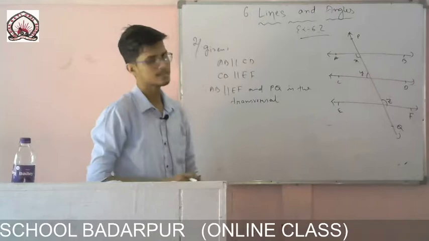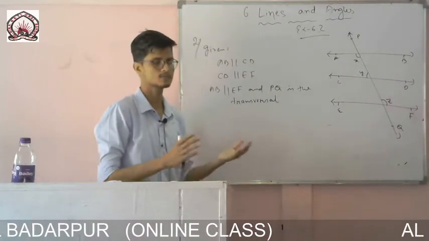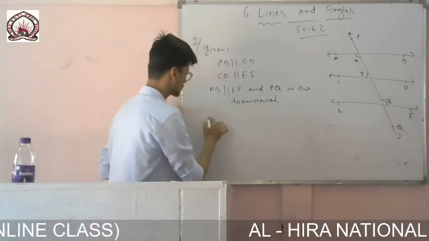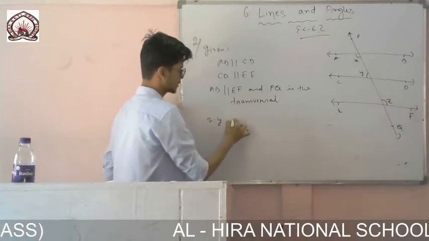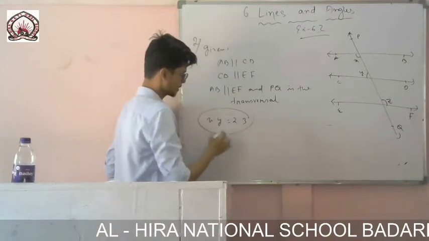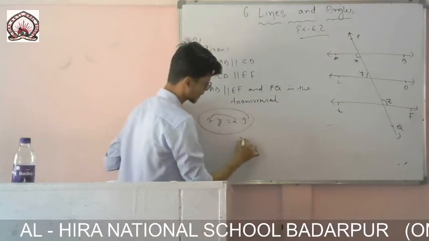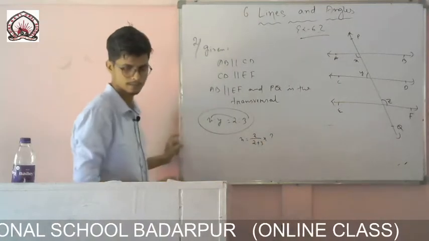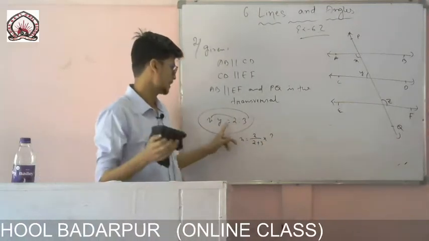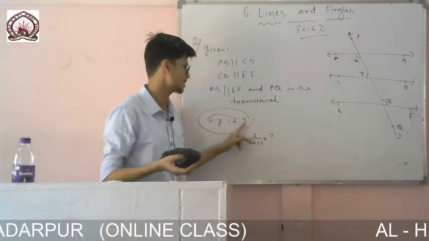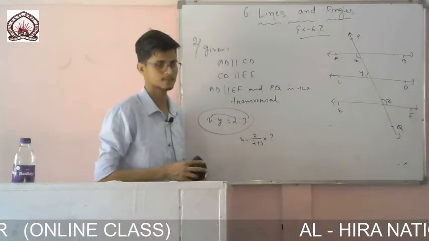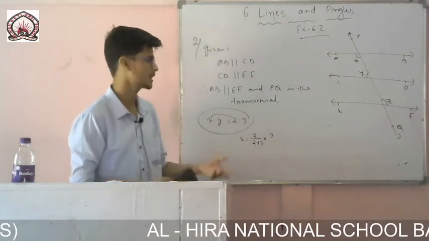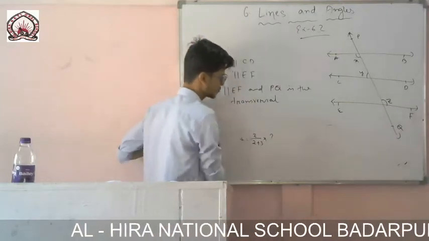Now we can do this sum in two ways. One, in our last class, I did it by taking the ratio. If two ratios are given, x is to y equals 2 is to 3, then to find the value of x, I wrote x equals 2 by the sum of the ratio into the total angle. Another way: since the ratio of x and y is given, we take x equals 2a and y equals 3a, and then solve it. You can get it in that way also.